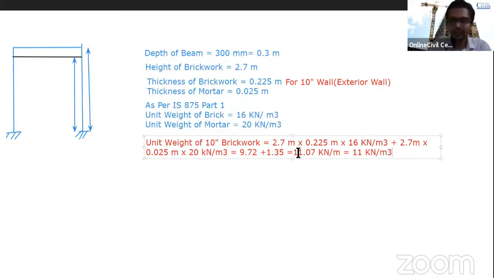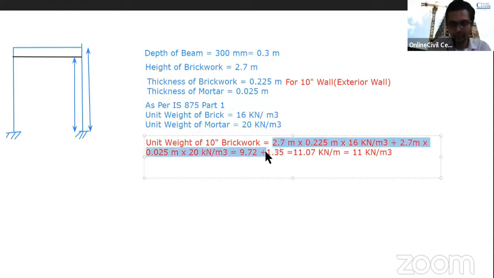And the main, important thing is to understand the concept. After you've got the concept clear, you can calculate the value for any particular height, any particular type of brick. So this is the concept behind it. And if we go for the 5-inch brickwork, which is the interior wall, approximately every calculation will remain the same, with slight minor changes.